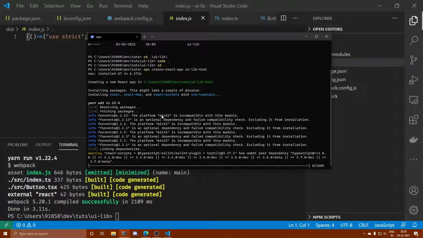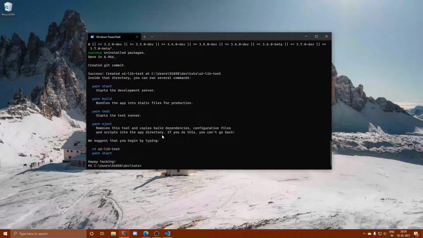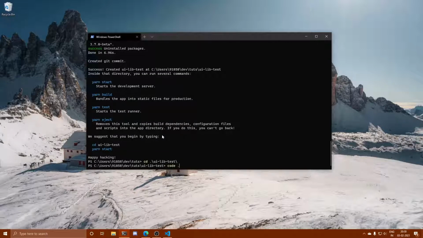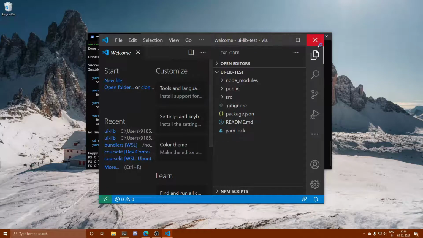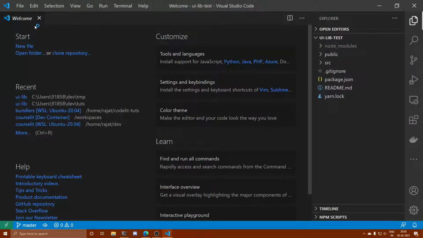That will show you the entire process of maintaining a library and using it, so that you can at least test it on the local system that things are working fine before committing it to the upstream branch, or in simple speak, uploading the new code to the GitHub repository. So we have got our project. Let's move into the project directory and open it in VS Code so that we can edit the code.